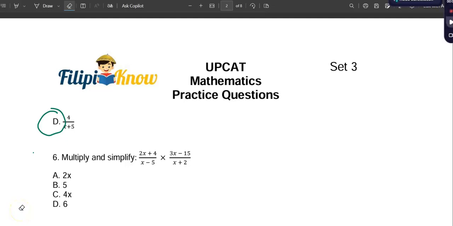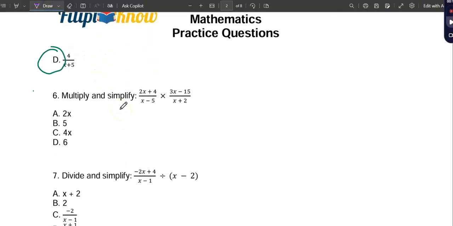Welcome sa part 2 ng ating set 3 for UPCAT Mathematics Practice Question. So we are now doing number 6. Number 6, multiply and simplify 2x plus 4 over x minus 5 times 3x minus 15 over x plus